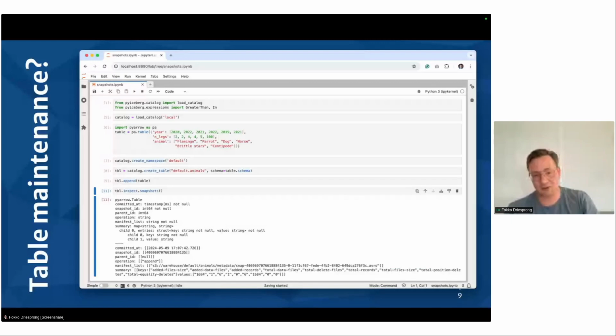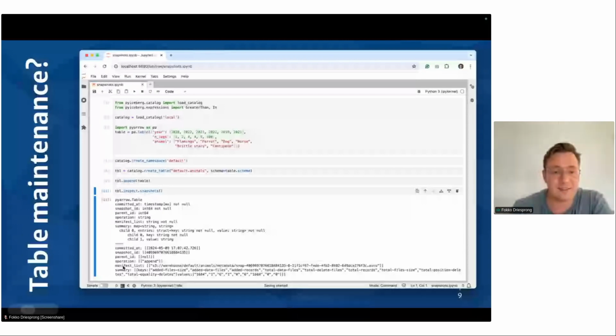For the table maintenance, in the current main branch, we implement a lot of the metadata tables. Here we can see we create a new table, default.animals. We insert a flamingo, parrot, dog, and a horse, and we append this data to the Iceberg table.